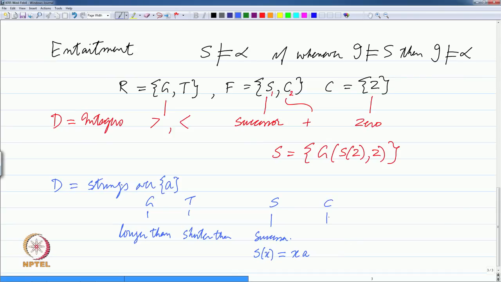C could stand for concatenation, and Z could stand for the empty string, or something like that. Anyway, the point is not to actually look at these two domains, but to learn to discriminate between the syntax and the semantics. The syntax is defined by an alphabet and the language that we construct over the alphabet. So, in this case there are 2 relation symbols, 2 function symbols and 1 constant symbol, and we can define a whole set of sentences in this.